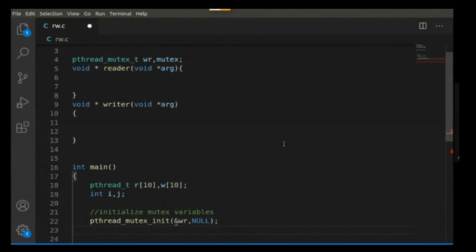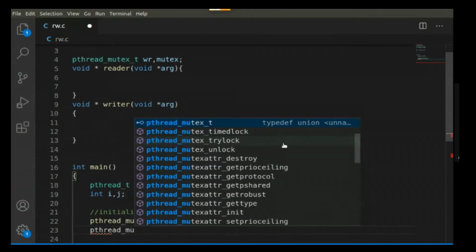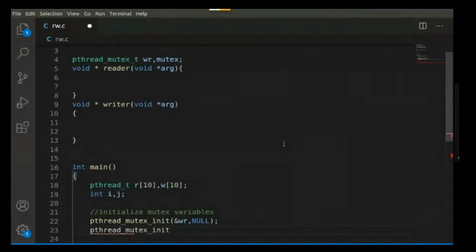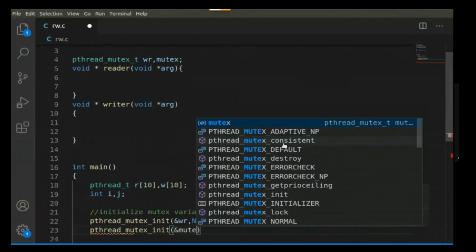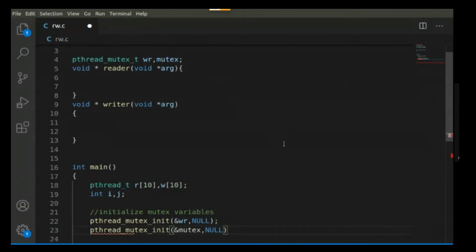And pthread_mutex_init again, with parameters address of mutex, comma NULL. Okay, these two mutex variables we have initialized.